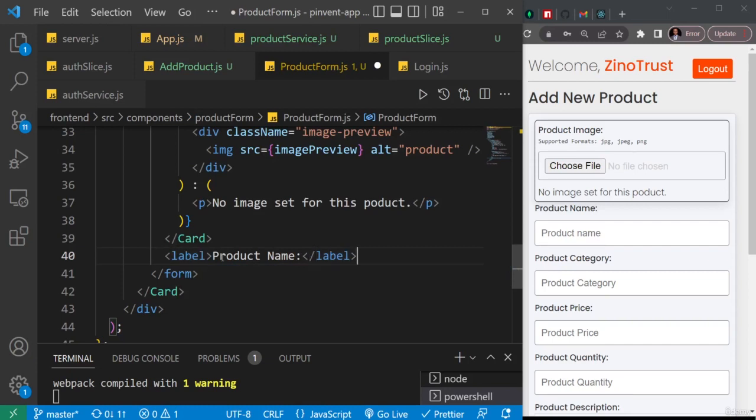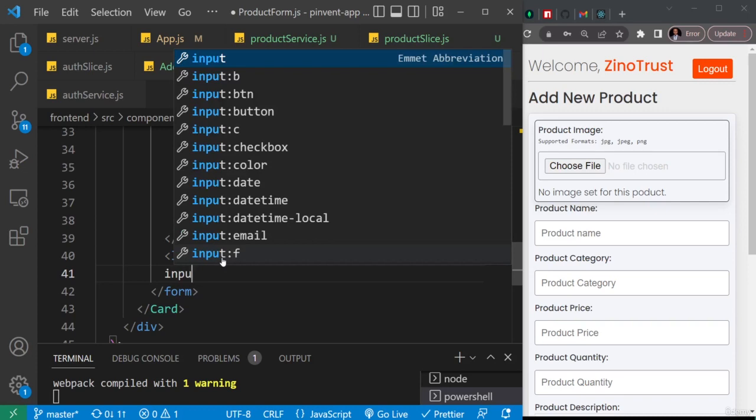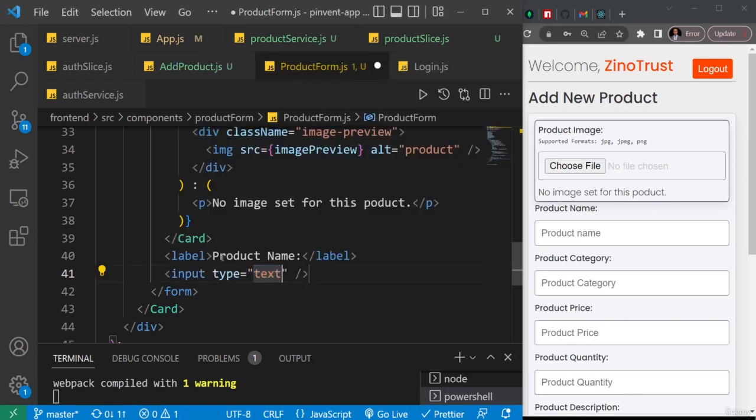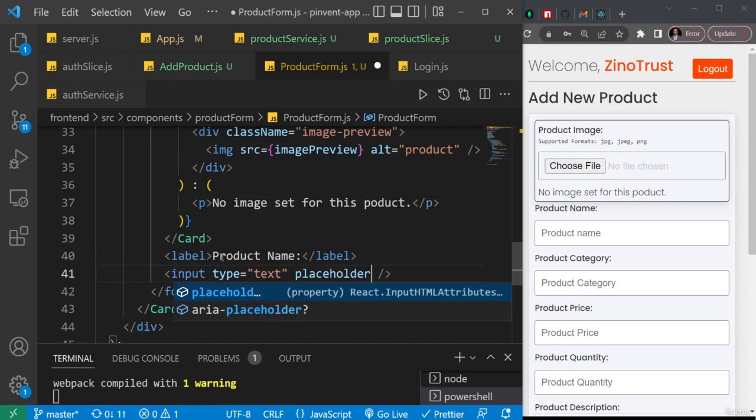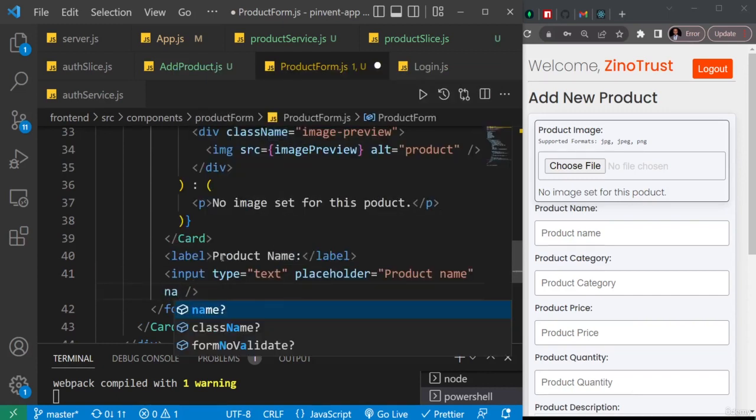So what we have next is an input. The input is of type text. It's going to have a placeholder, and the placeholder will just say product name. Then it's going to have a name property, and the name for this one is going to be name because it's holding the product name. It's also going to have a value,